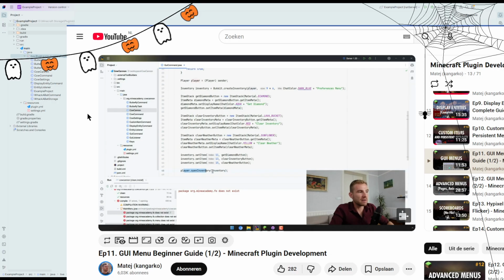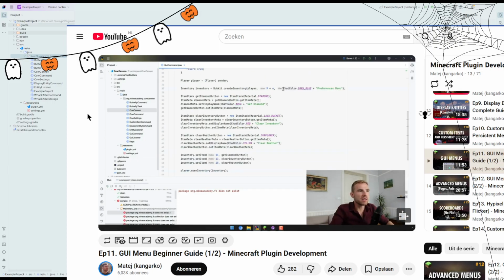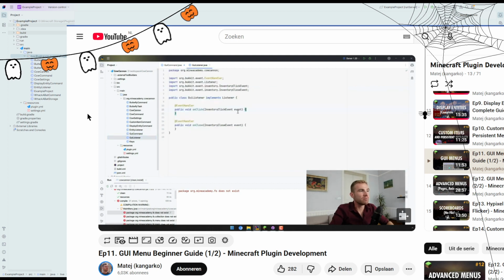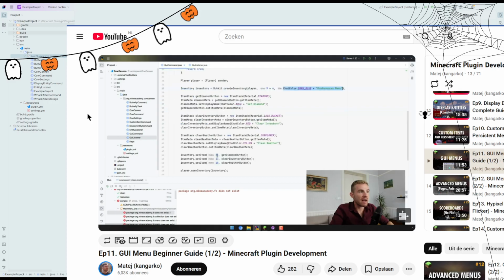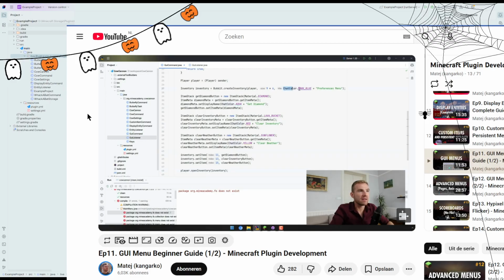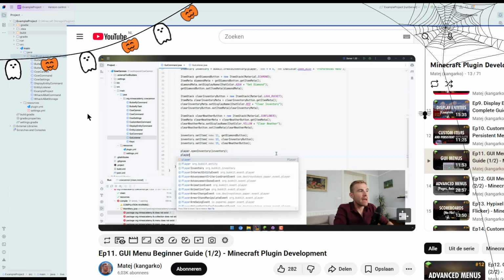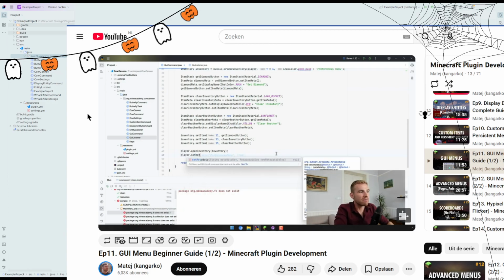So call player.openInventory. Now, what I do also recommend, there's a couple of ways people store the inventory. Some people just like to store it by name, and then they go into their listeners and compare if the inventory that's been clicked contains that name. That is good enough, but the conflict might be that if multiple plugins use the same name, obviously that never practically happens. But there is actually a better way, and I do recommend just setting the metadata